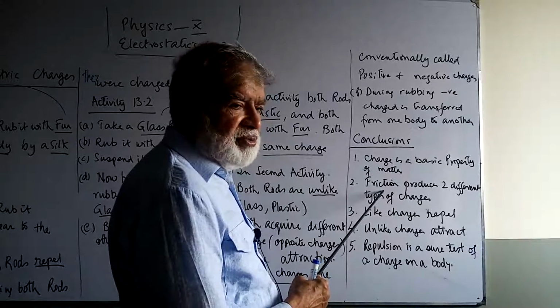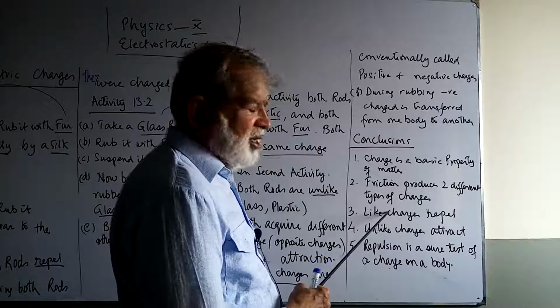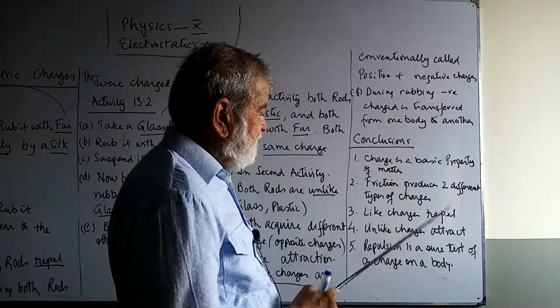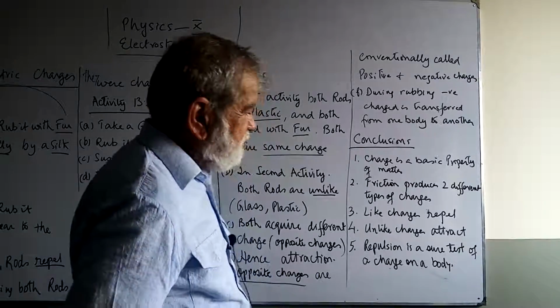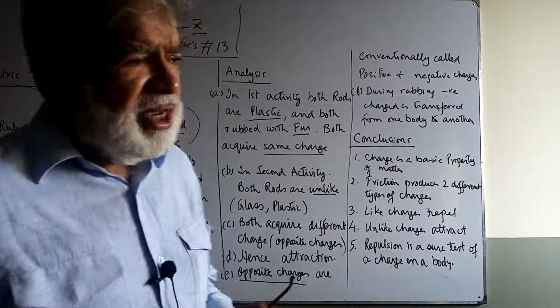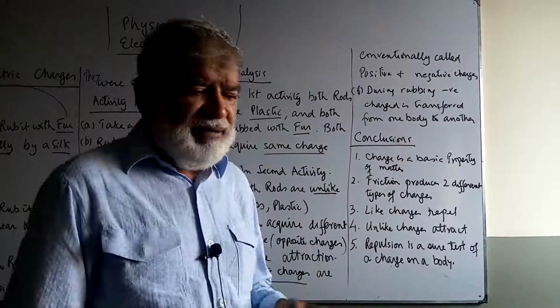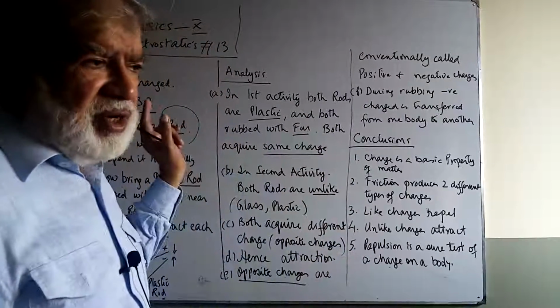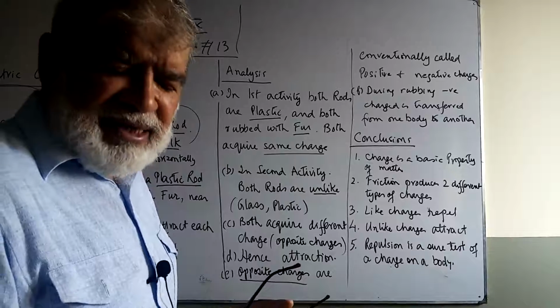2. Friction produces two kinds of charges. 3. Like charges repel. 4. Unlike charges attract. 5. Repulsion is a sure test of a charge on a body. Please make your notes, draw good headings, draw diagrams, label them. So at the start of the new chapter, gradually we are building up. These two are easy topics. Write them down